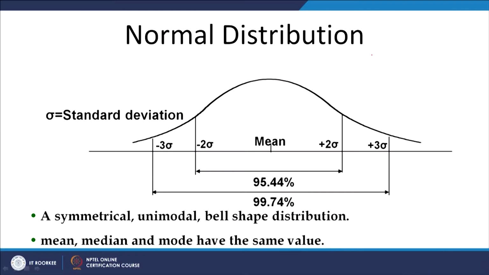So, what we have seen so far, whenever a product is manufactured, two units will never be the same. There will always be some kind of variation, whether within the same product, or in the products being manufactured in the same shift, or in the dimensions or characteristics of the products manufactured in different shifts. So, lot to lot variation, sample to sample variation is always there.